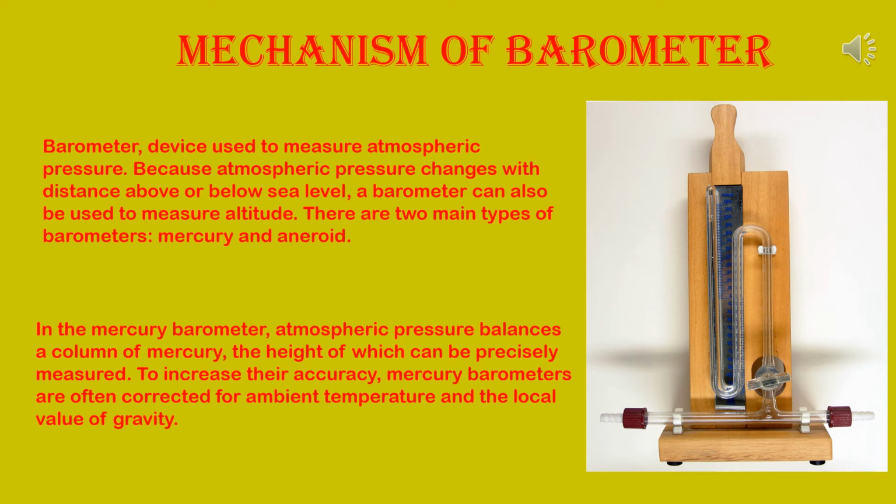Thus a slow fall of the barometric height shows an increase of moisture content in the air, and there is a possibility of rain. A gradual fall of barometric height indicates bad weather, and it continues for some days. Further, a slow rise of barometric height indicates dry weather, and a fast rise of barometric height means good weather. A sudden fall in barometric height indicates storm or cyclone.